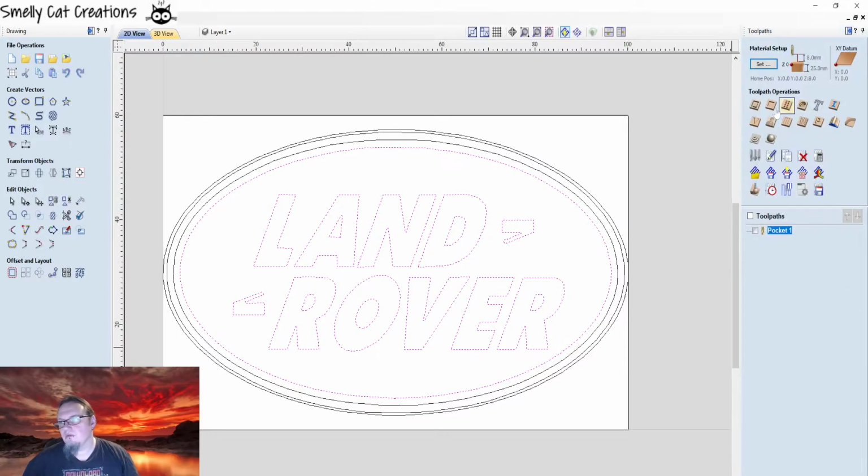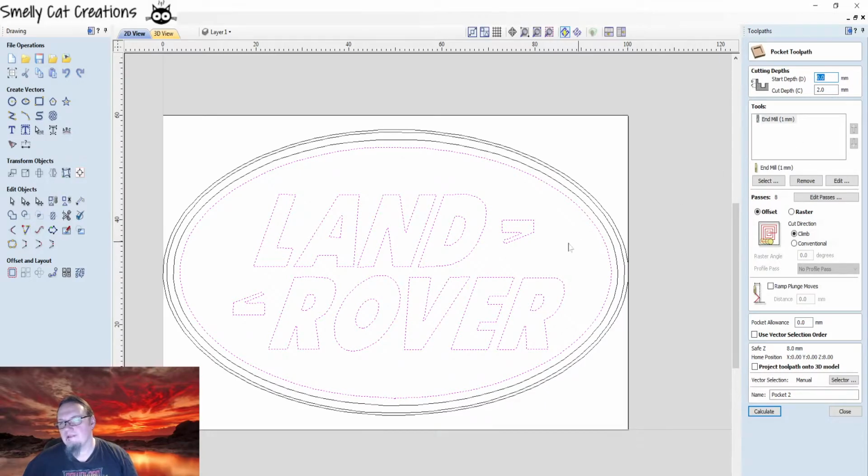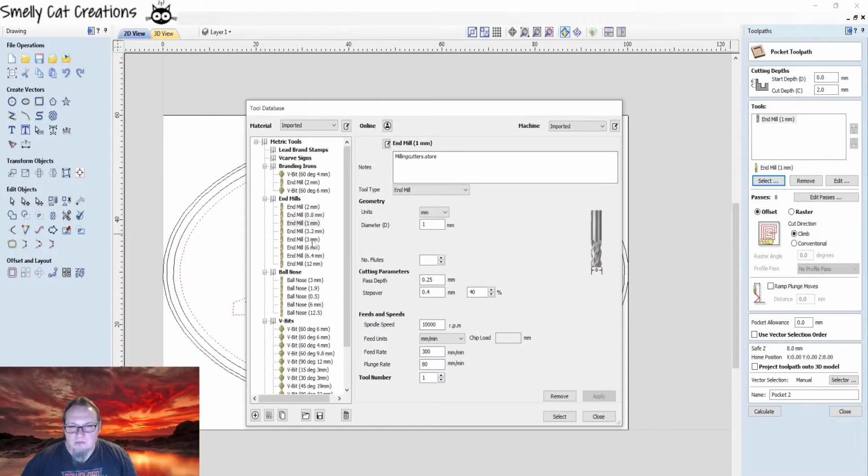So we come back to pocket here. This time round, there is actually quite a lot of area that the cutters can get into. So I want to do this one with just a 1 mil because it'll be there all day. So I think what we'll do is we'll use a 3 mil. Now,